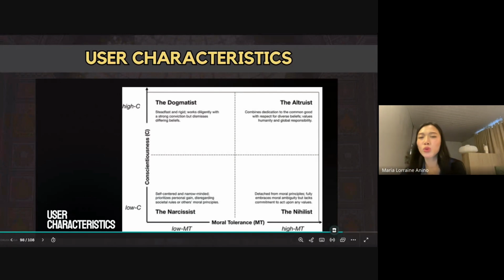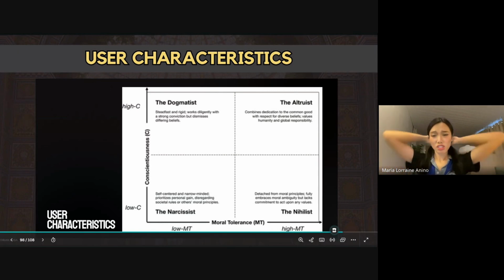Am I posting here to inspire? Am I posting here to make friends with people? Or am I just posting here to make myself sound good, look good, to attack, to show off, to ignore responsibility? Remember, always aim to be an altruist, conscious of your actions, and of course, tolerant of the diversity and differences of the people involved in social media. Remember, social media is an entire ecosystem that involves a lot of people, a lot of reactions, a lot of personalities, a lot of perspectives.